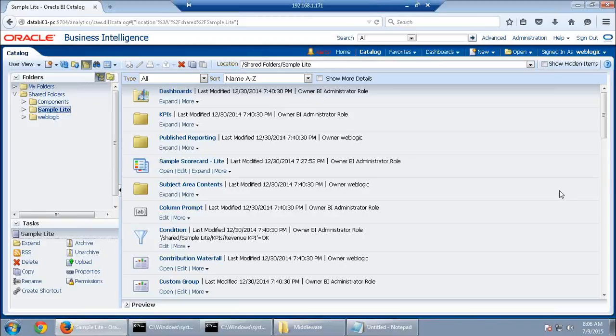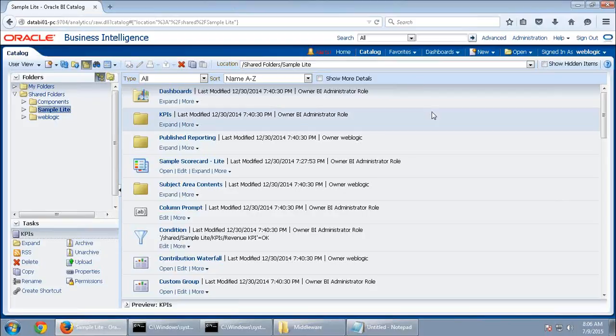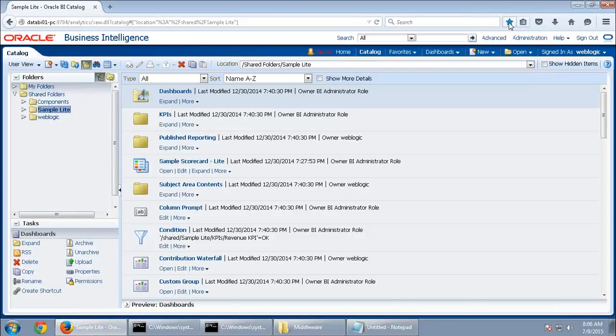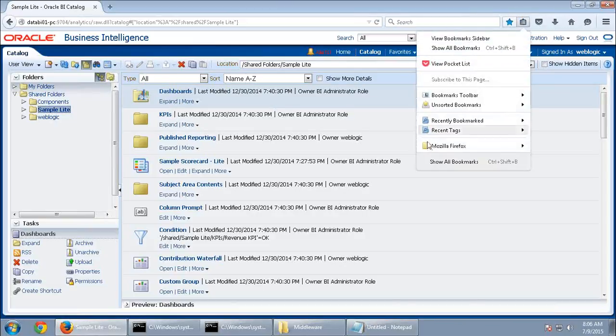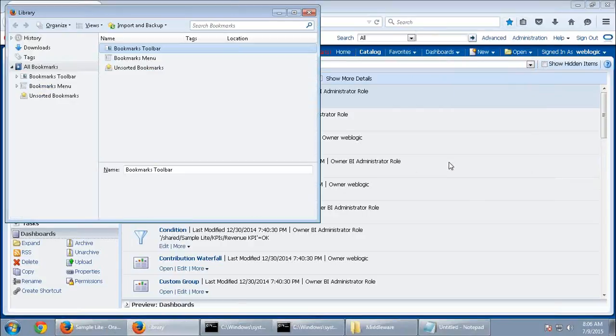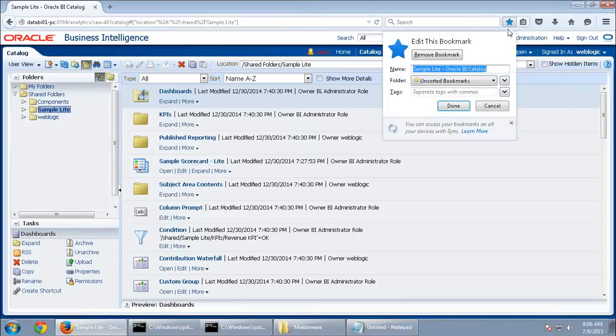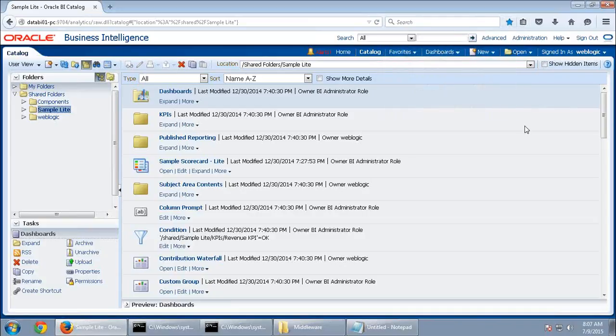Okay, if no questions, then I'll move on to favorites. So what is a favorite? Even in your browser, you have a button called favorites. So this will add under favorites, and you can look at them as a bookmark. You are not naming this bookmark and you are just saving it. So when you make this item a favorite, you can remove it from the bookmark, or you can just give sample sales RKBI catalog, and if you click on done, what happens? This URL will be saved as a favorite under your browser.